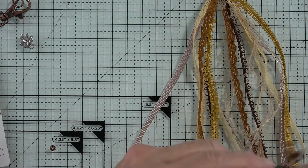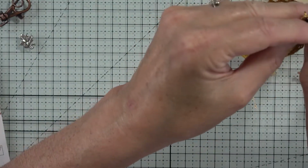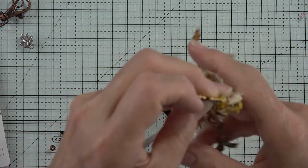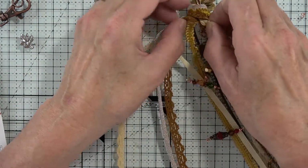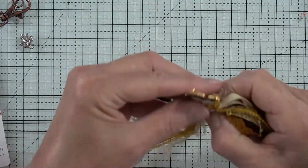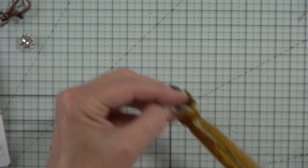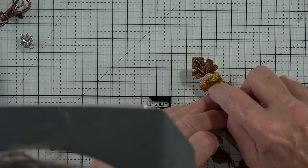But I think I'm going to, oh, I can't decide. I think I'd like to put it so it'll hang out more towards the front. It's so heavy, it's going to fall into the beads anyway. But I just know if I put it right in there, it's going to be kind of hidden in there. But if I hook it onto this brown one,